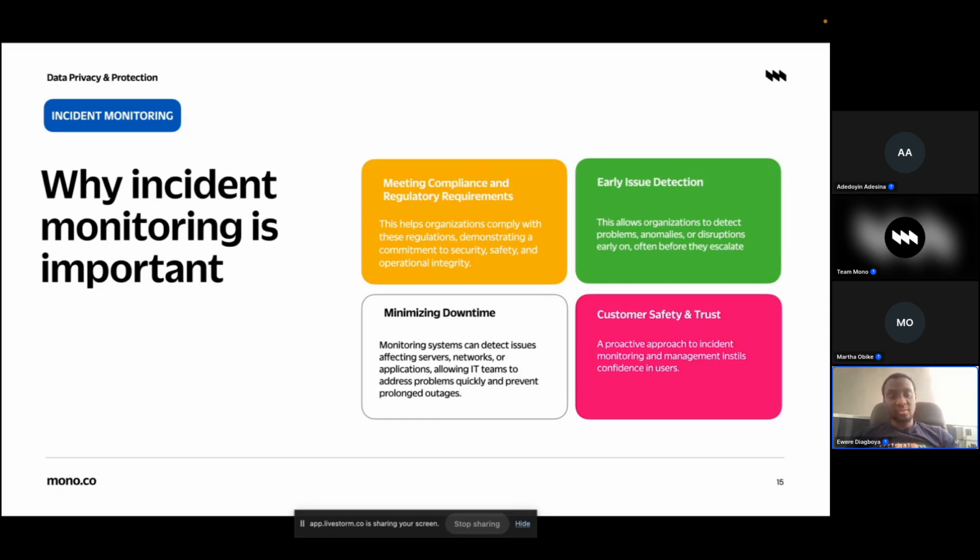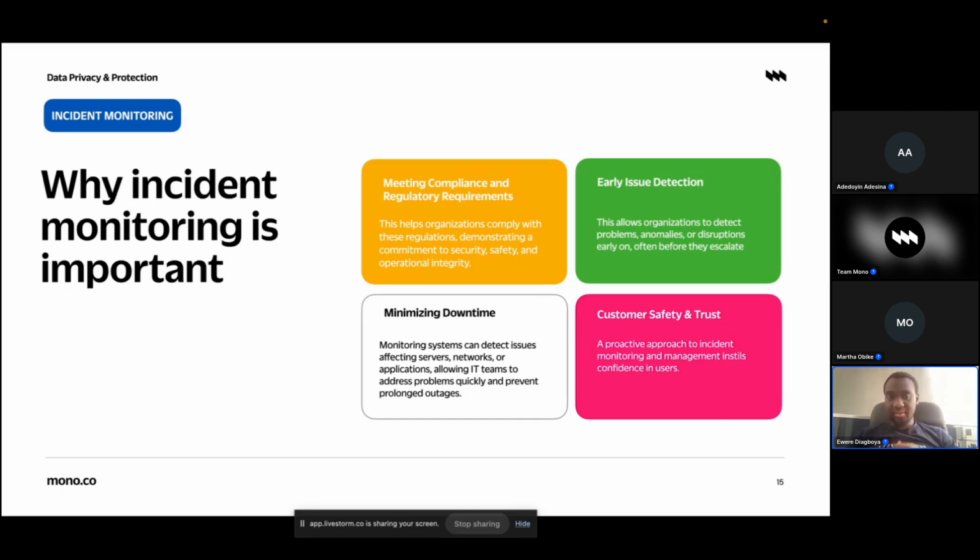And then the last is customer safety and trust. All these pillars are tied together. When I know that your system is reliable at any time I need to use it, let's talk about some of the big businesses that we know globally. You are not worried about typing a message in WhatsApp and not being guaranteed of delivery. You are always guaranteed that it will deliver.